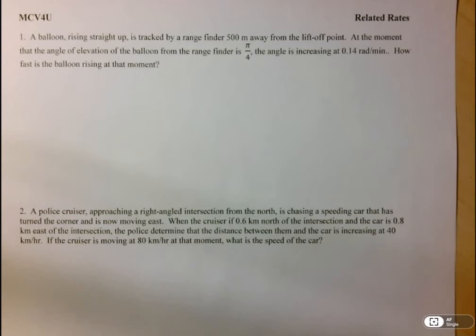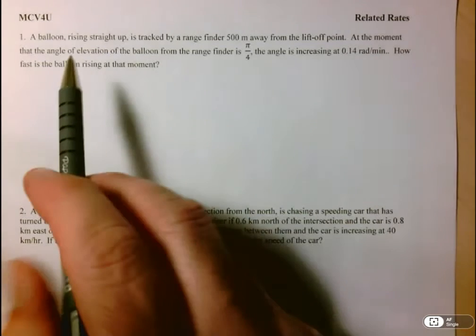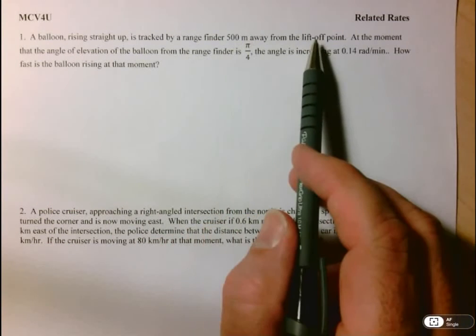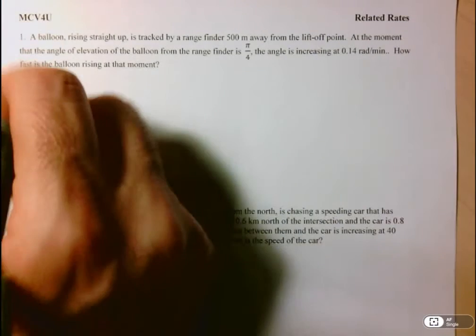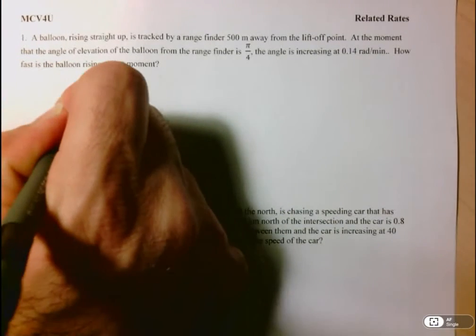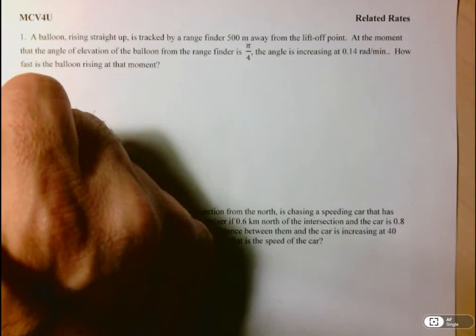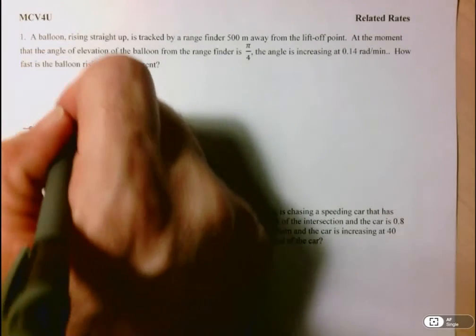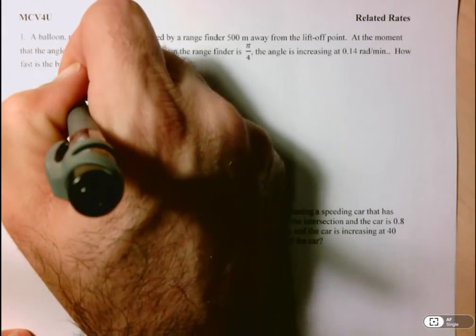Hi folks, we're going to take a look at this first question on the related rates sheet. So let's take a look at the question. It says a balloon rising straight up is tracked by a rangefinder 500 meters away from the liftoff point. So right away I'm going to start drawing my picture. So here, this will be the ground, and here I've got my rangefinder, and 500 meters away we have a